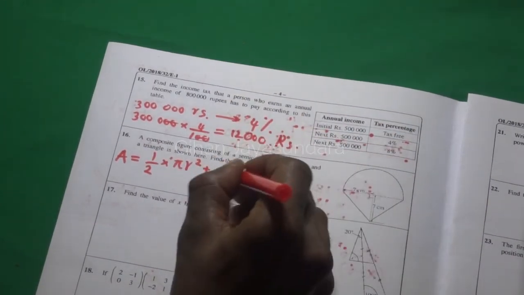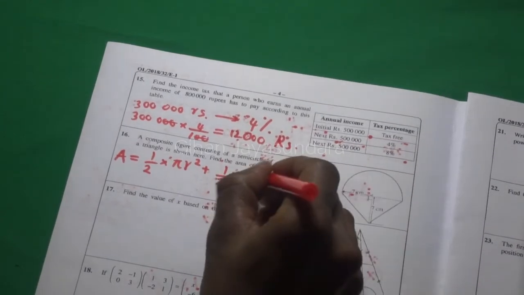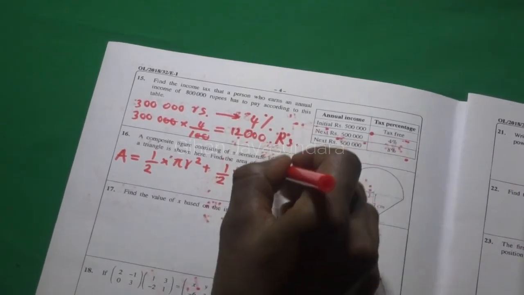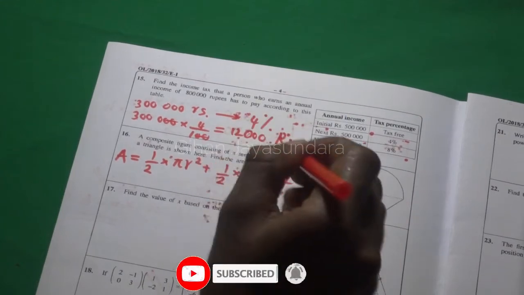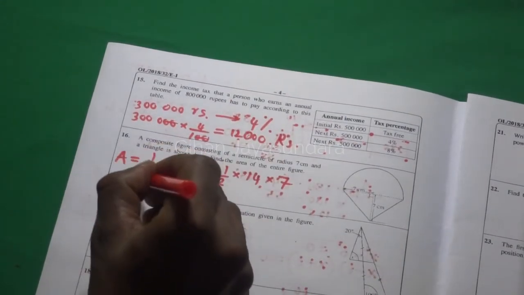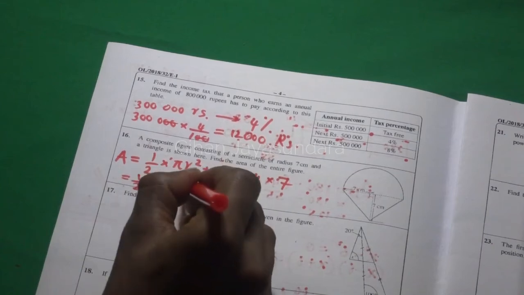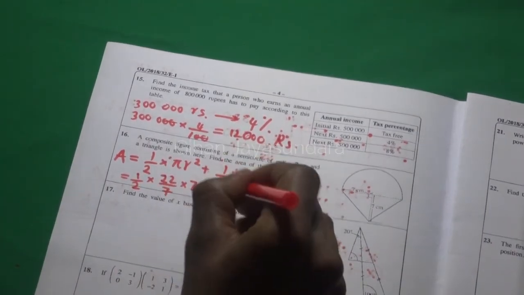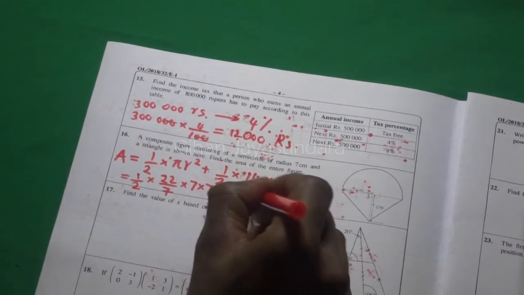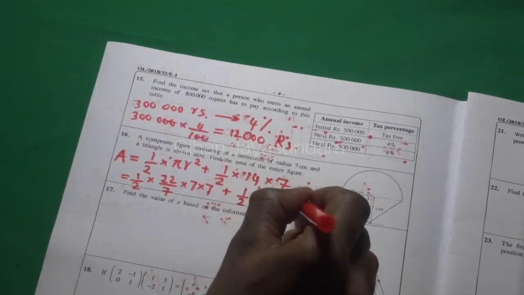So it should be half times the base, 14, times the perpendicular height, 7, right? So 1 over 2 into 22 over 7 into r squared, which is 7 squared, 7 into 7, plus half into 14 into 7,